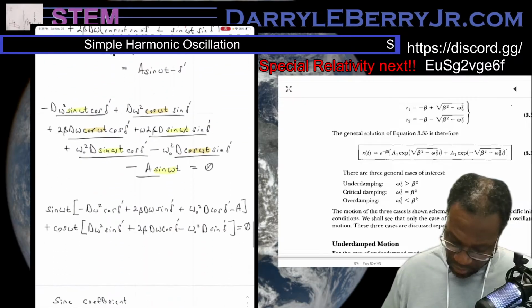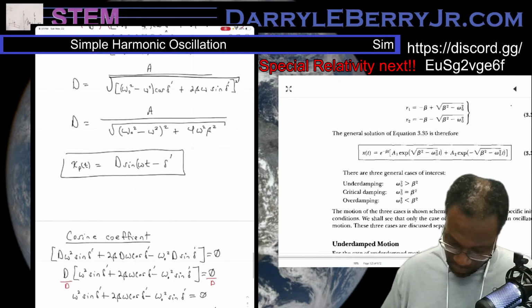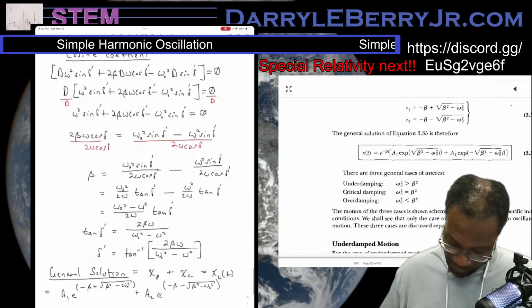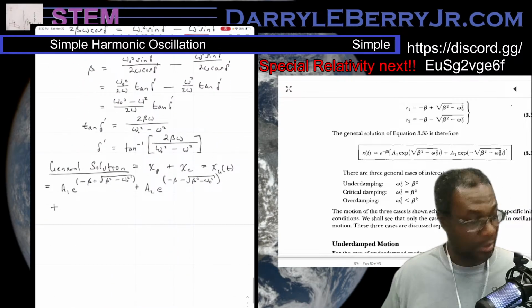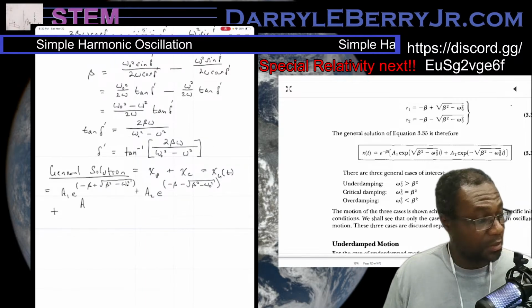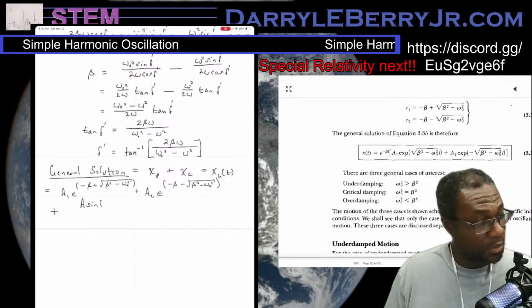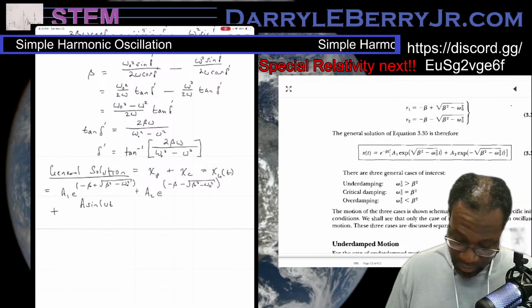That was from the original equation, not the solution. Okay, hold on. Even though I do need my parentheses there. Okay. All right, there we go. I think we're good. So that's going to be A sine of omega t minus delta prime